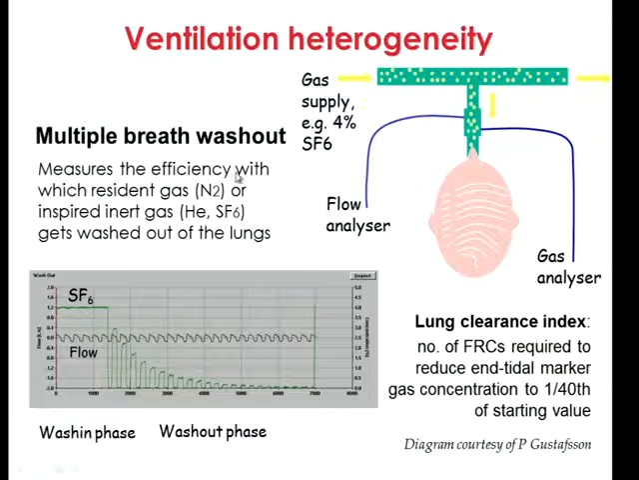And a commonly used test to measure ventilation is multiple breath washout, which is a method where you get the person to breathe either an inert gas that's not usually present in the lungs, and this could be something like helium or sulfur hexafluoride, and it basically acts as a marker gas. You then try and trace the gas as it's breathed out of the lungs, and you can have various measures depending